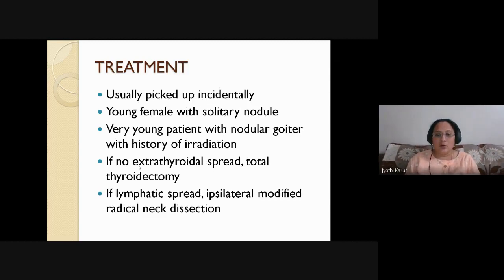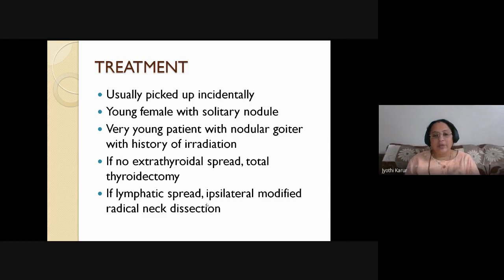Okay. Suppose the tumor is restricted to the thyroid gland, the treatment of choice is total thyroidectomy. That means you are going to remove the entire thyroid, sparing the parathyroid. Okay. So total thyroidectomy. Why total thyroidectomy? Why can't you do hemithyroidectomy or subtotal thyroidectomy? Do you remember? It is multifocal. So in order to prevent recurrence, we are going to do total thyroidectomy for papillary carcinoma.